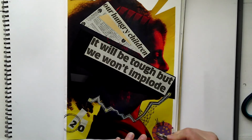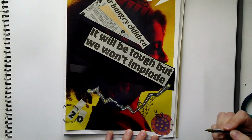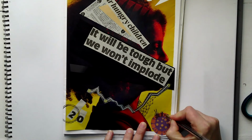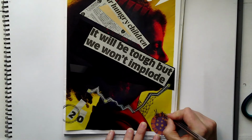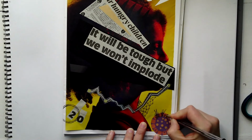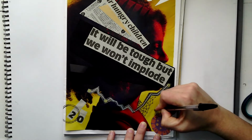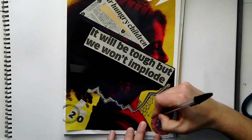What I've also done is I've got this virus illustration that I'd cut out and stuck in anyway. And another thing that you can do is you can just outline some of the images and shapes and forms that are already in your collage, just to bring them to life a bit more. And then you can perhaps do some extension lines from them. You could even turn those into arrows. So you can look at almost like this virus is shooting out its,